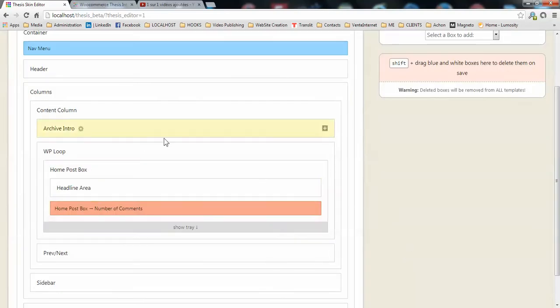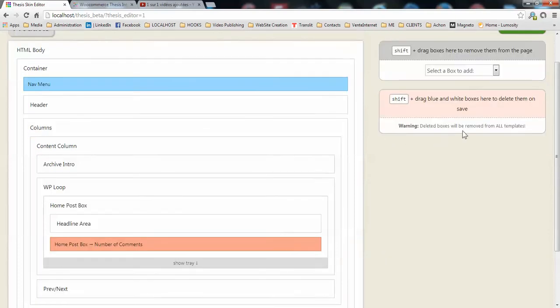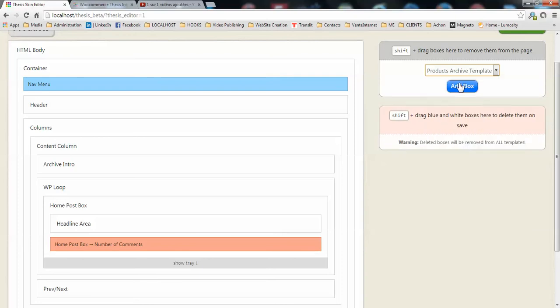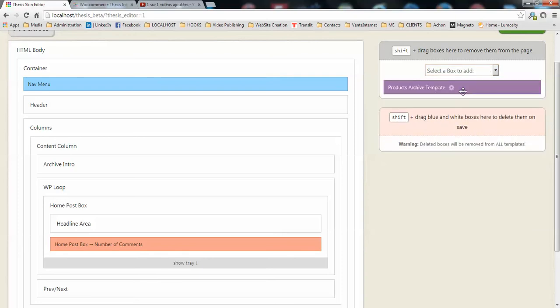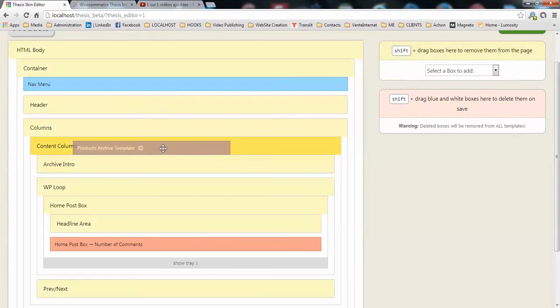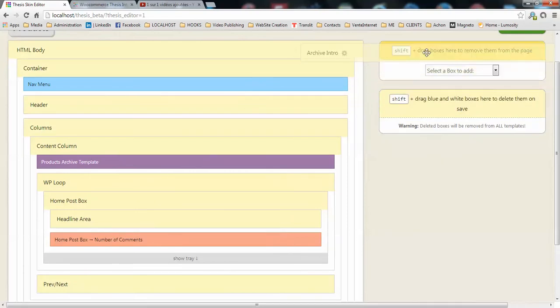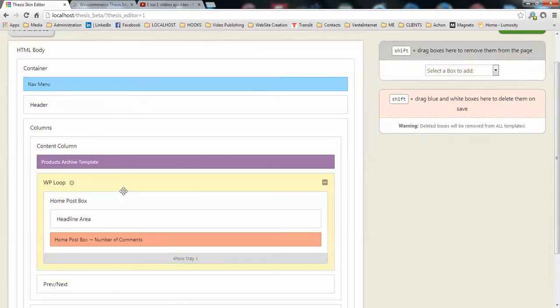And then here again we're going to replace everything inside the content column with products archive template. So you just choose products archive template from here, you add the box, you hit the shift button and you place it just above the archive intro here. Then you need to remove the archive intro because on WooCommerce templates it will not be used, and you remove the WP loop as well,